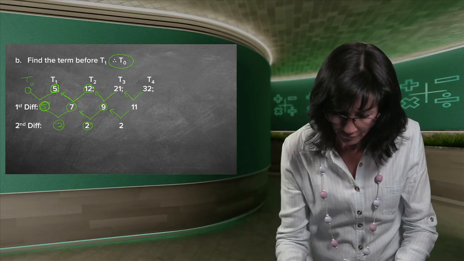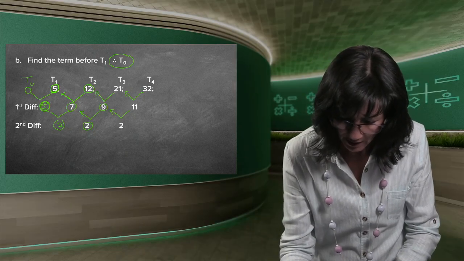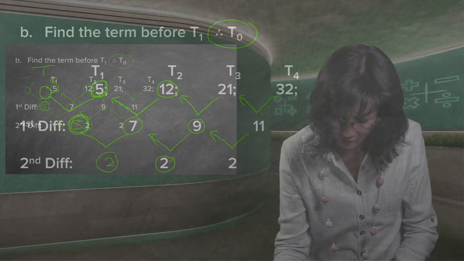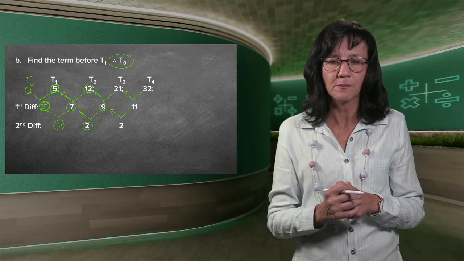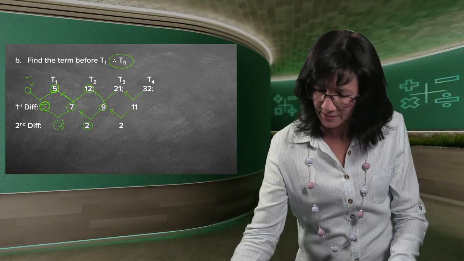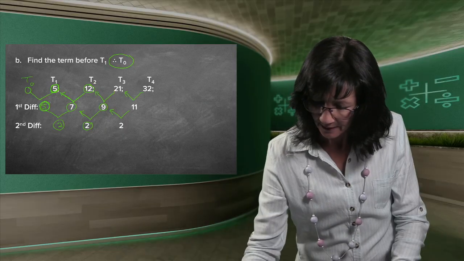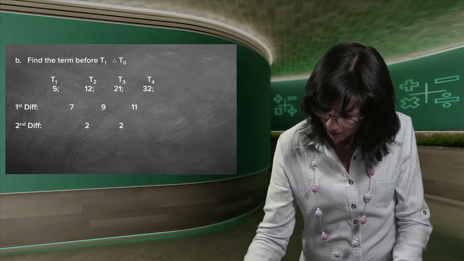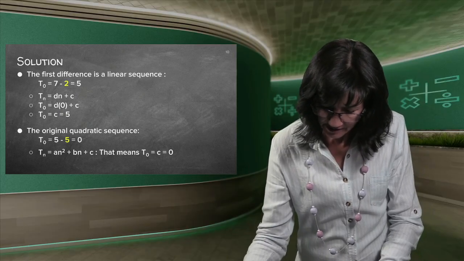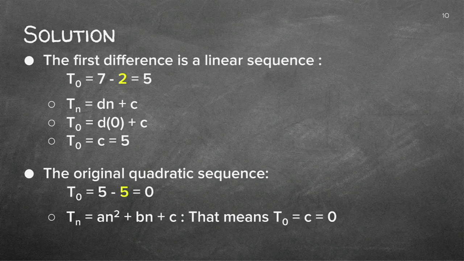And if you're not sure if you're right, let's check. 5 minus 5 is 0. 12 minus 7 is 5. 21 minus 9 is 12. So you can check the pattern right through. So if you made a silly little mistake, you will know why you made the mistake. Now you'll see just now, I'm going to take it off so you can do it all on your own. And you'll see just now why it's important that we are able to find that T0. So there's your T0, which is 0, which we found just now. So you know where that is coming from.